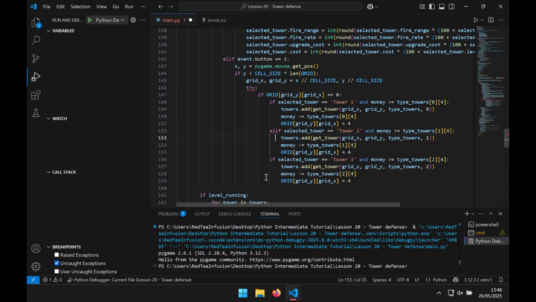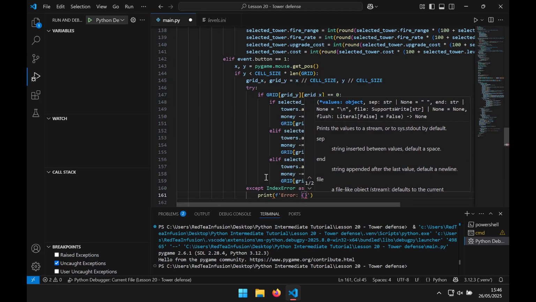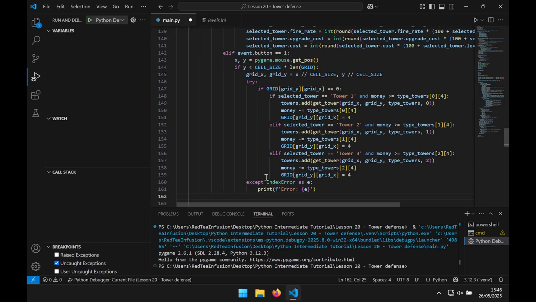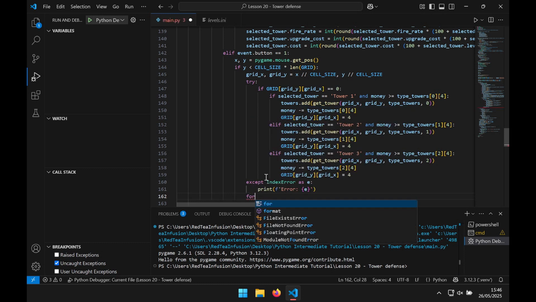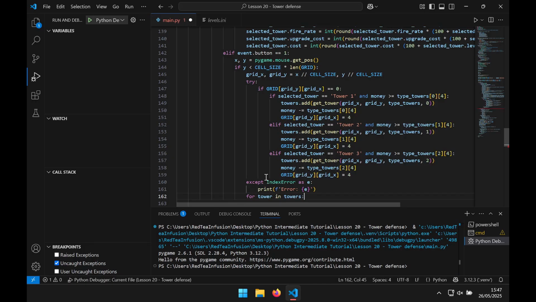New line, except IndexError as e column, new line, print(f"Error: {e}"). New line, for tower in towers column, new line,